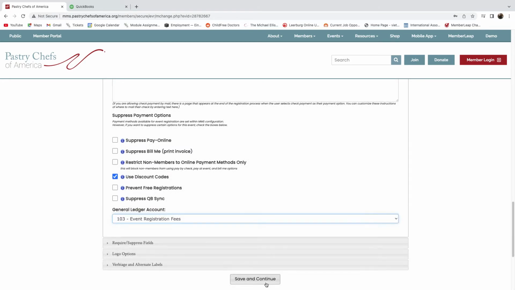And we'll go ahead and click into this first event here. You can either click on the name of the event or on the change link to the right of the event, and it's going to take you to your edit screens for your event. We'll scroll down here and we'll look for the tab labeled Invoice, Discount, and Payment Options. And then at the very bottom of this tab, we are going to see a drop-down for a general ledger